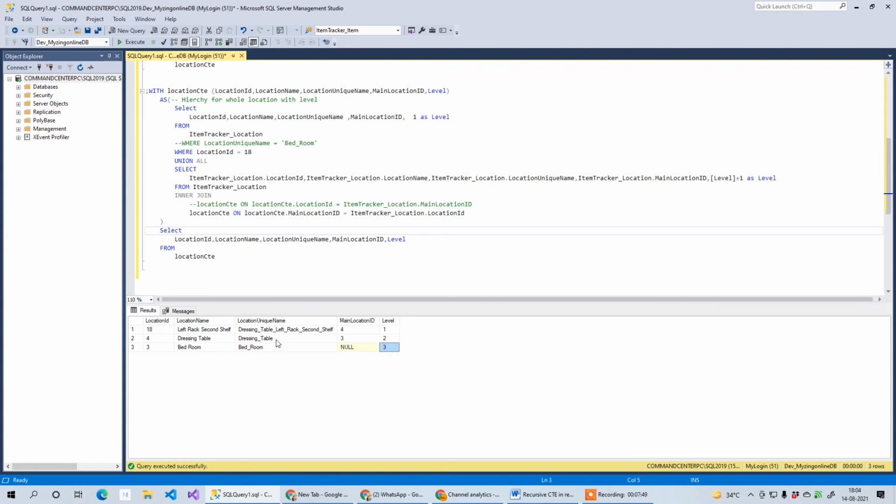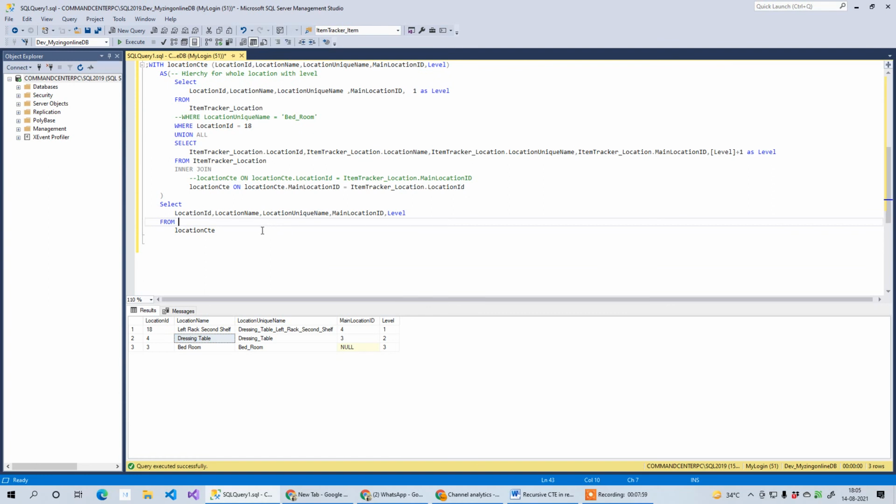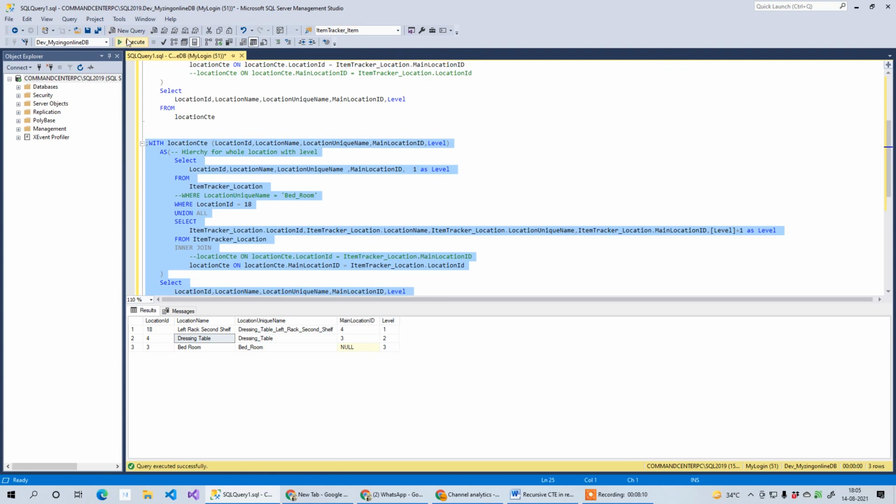Like you can print it in a descending order so that it will come first and then second and then third. So maybe we can use order by level descending, and then we can have it in the same order.